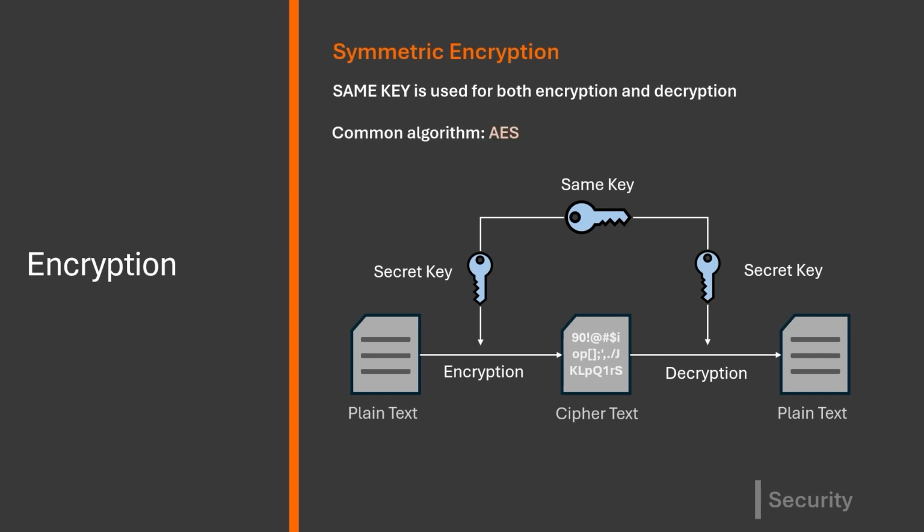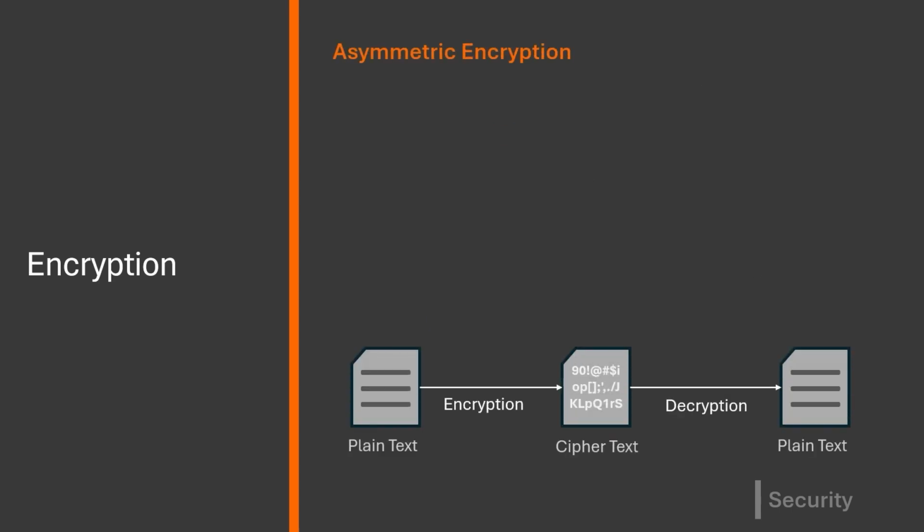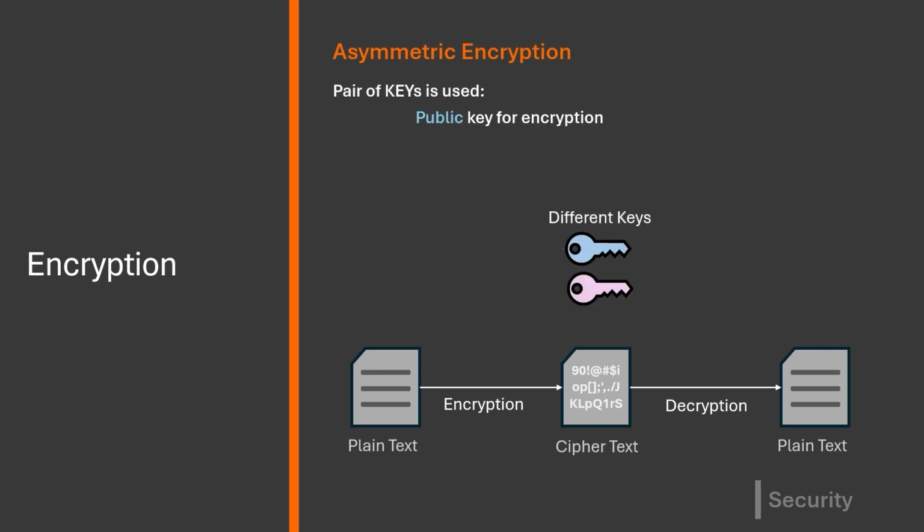A widely used algorithm here is AES, or Advanced Encryption Standard. It uses a 256-bit key and is highly secure and efficient. We often use symmetric encryption to protect internal documents, secure stored files, and create encrypted tunnels for things like VPN access. With asymmetric encryption, we use a pair of keys: a public key for encryption and a private key for